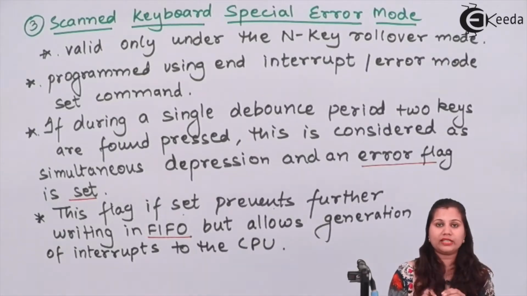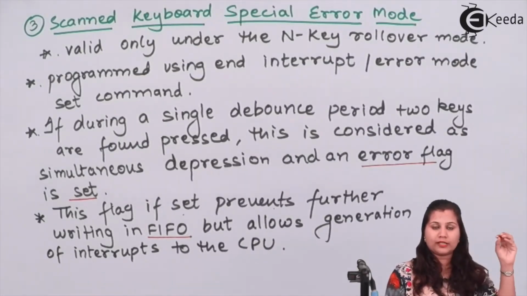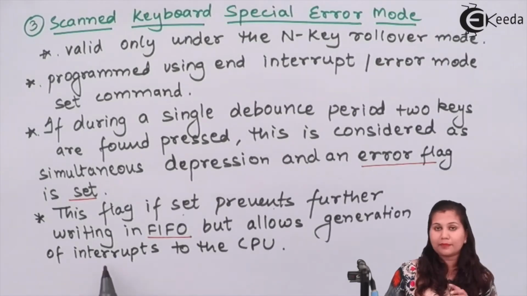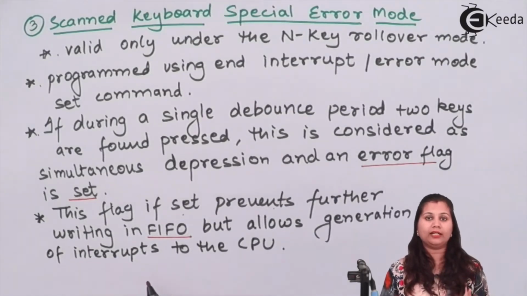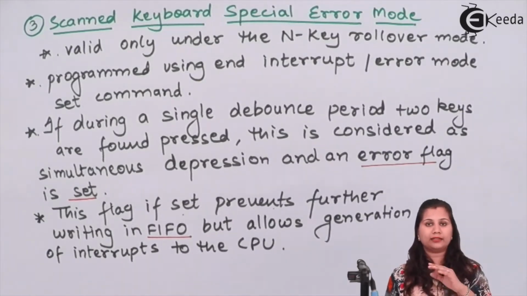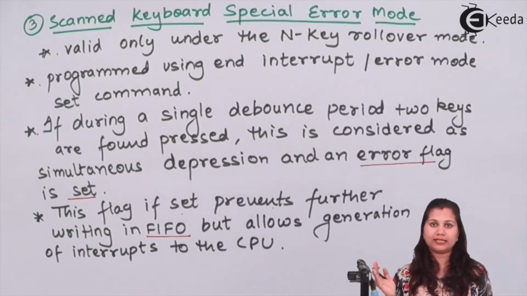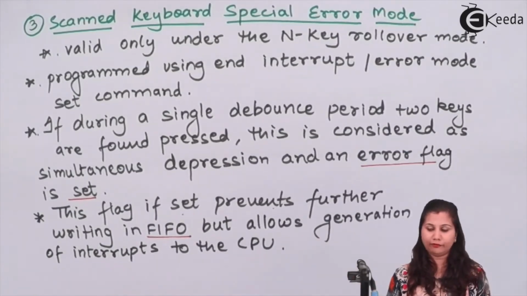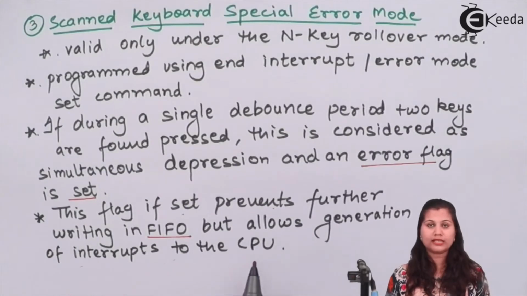CPU, because whenever a key is pressed and the key code is stored in the FIFO RAM, that key code will be read by the CPU. The 8279 is going to interrupt the CPU that a key has been pressed and you have to perform the response of that key. So these interrupts are generated by the 8279 to interrupt the CPU, so that the CPU is going to read the FIFO RAM, and the RAM will be emptied once it is read by the CPU. So further writing is interrupted in the FIFO, but the interrupts are given to the